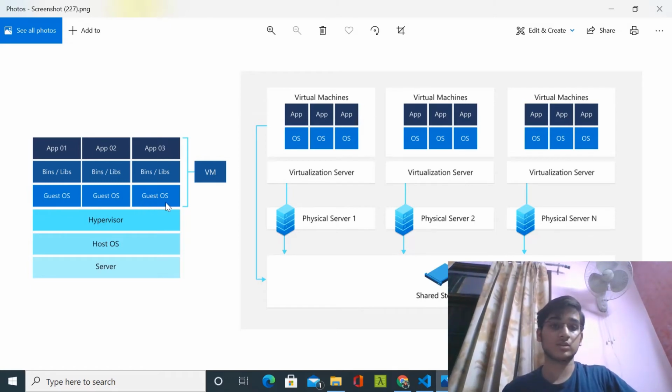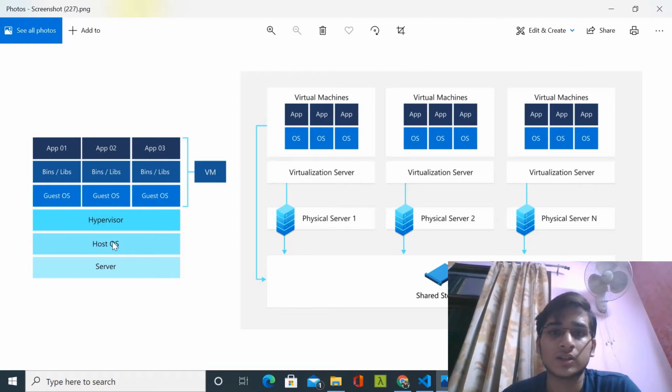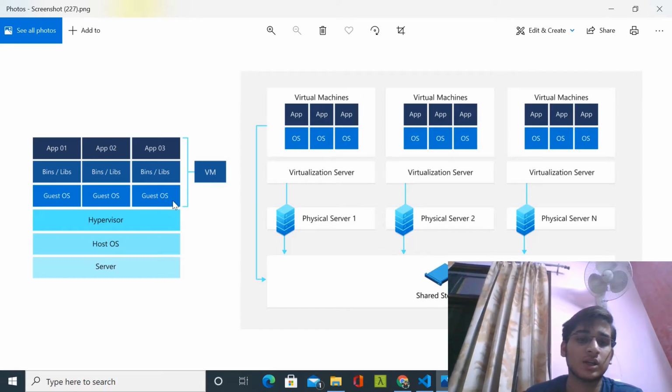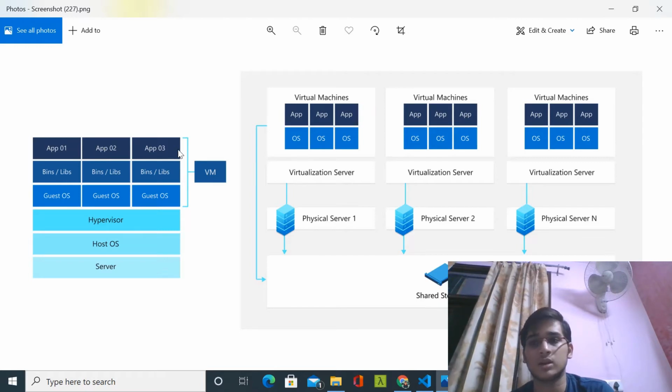Say the host operating system is Windows, but we need to run an application which needs Linux. We use the hypervisor to make a virtual machine running a guest operating system, which is Linux, and on top of that we can run that application. So our job is done. We can run an application which needs a different operating system than our host operating system with the help of virtual machines, without using a container.